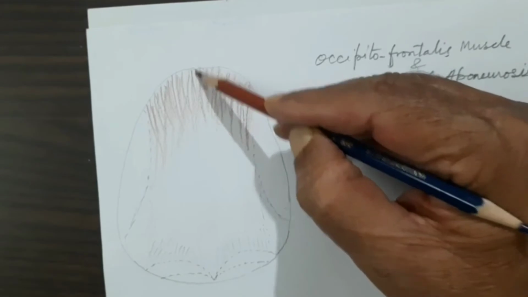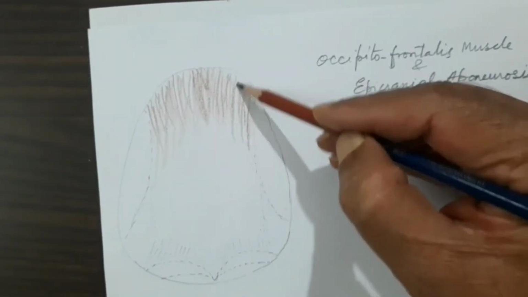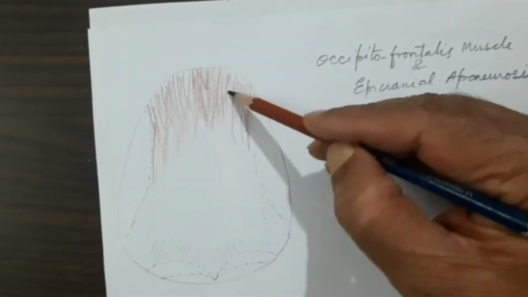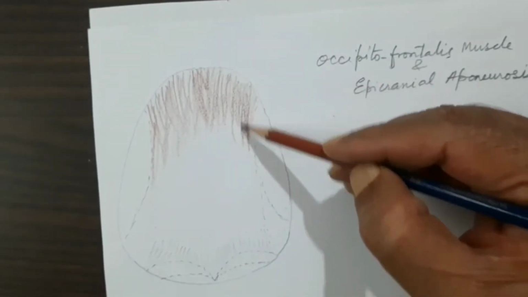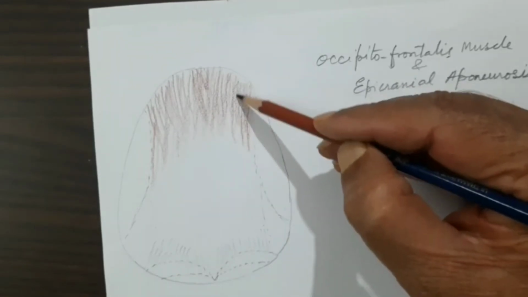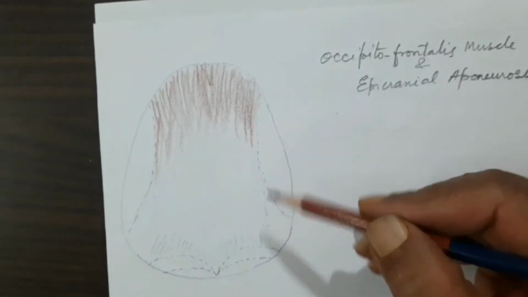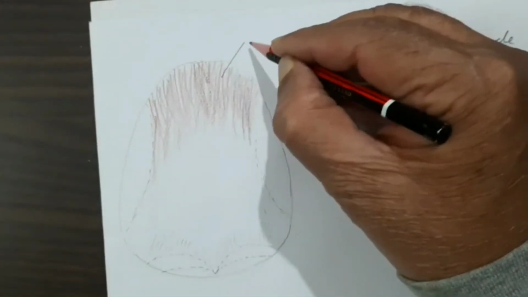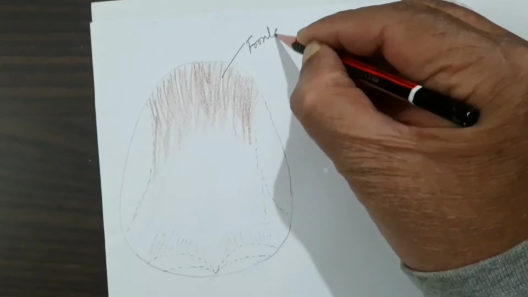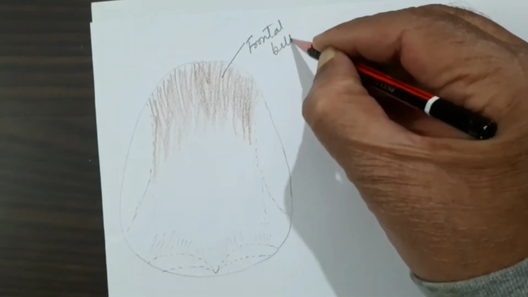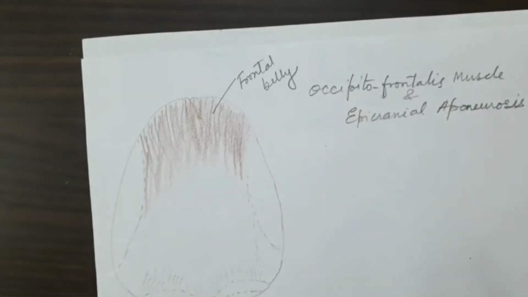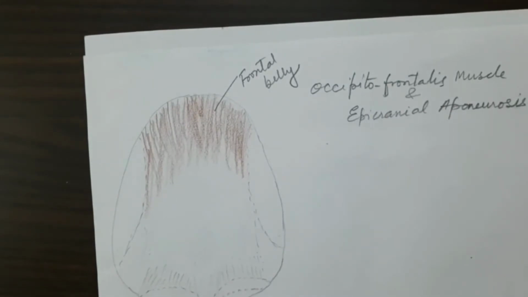Hardly is there any gap; the medial margins of these two bellies fuse with each other, and this flat muscle, covering the skull, will run backward from its origin. This is the belly called the frontal belly of the right and left side. So I am writing here frontal belly of the occipitofrontalis muscle, and this will have an attachment